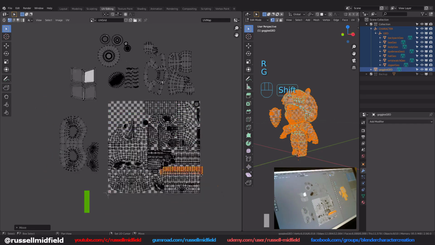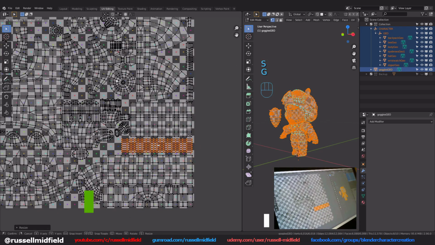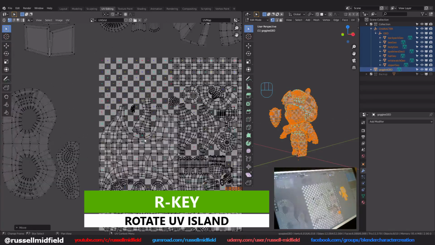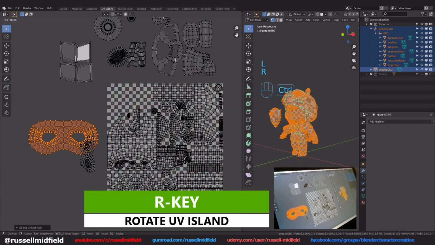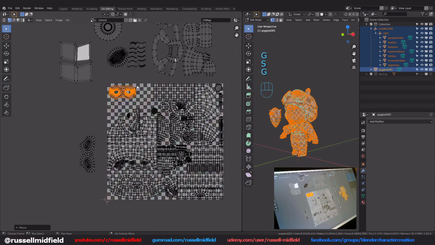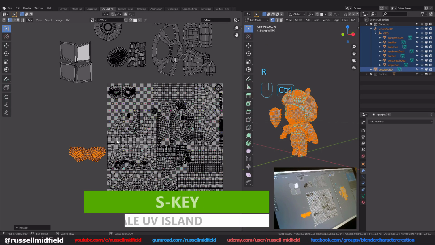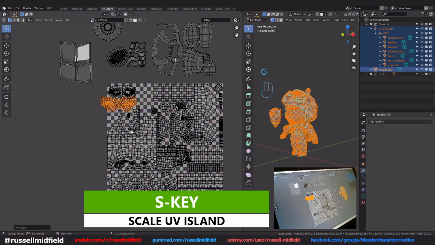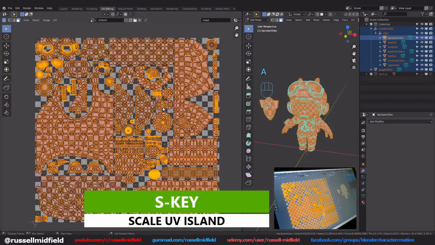Okay, so now you can start moving some of the UV islands into the open spaces on the map. You can use the same transform shortcuts as for the 3D objects: G to move, R to rotate, and S to scale. Okay, so once you have everything spaced out and not overlapping, it's time to export our UV layout